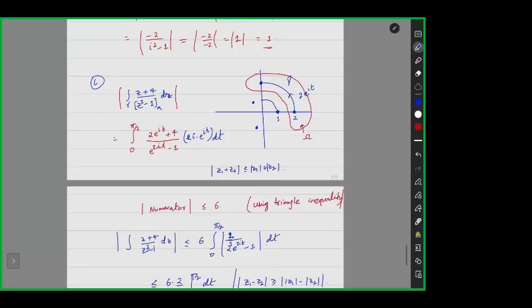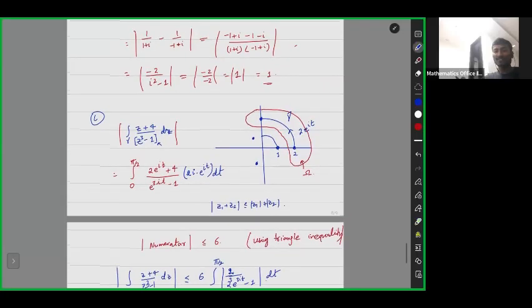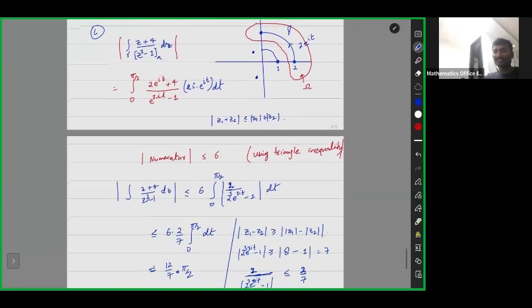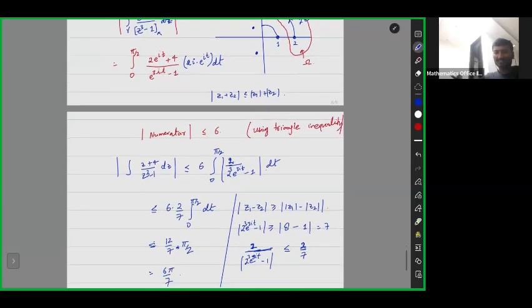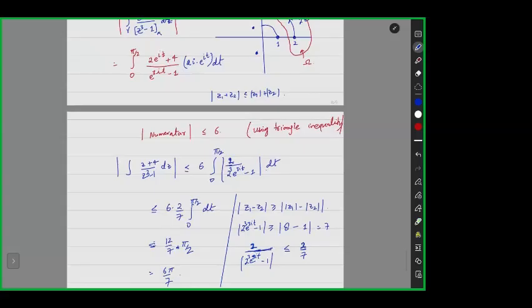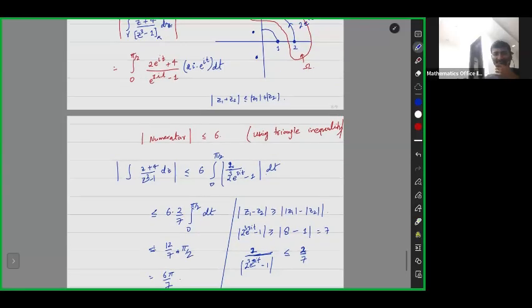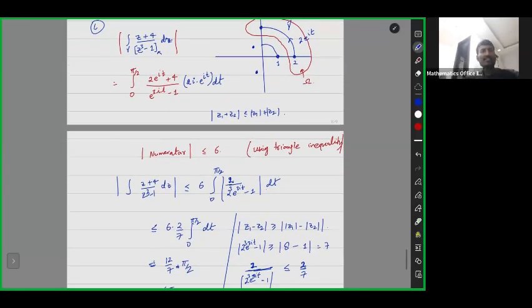Okay, good that you're trying, and I hope now after looking at this you understand the easiest way to do this. It is a very neat way of doing it, very clean and very nice. Okay, so we are almost